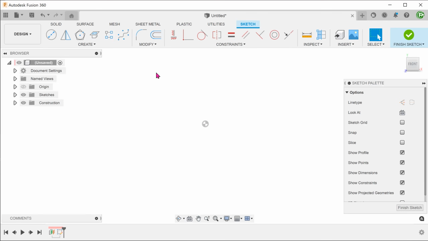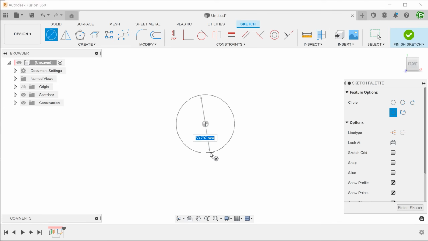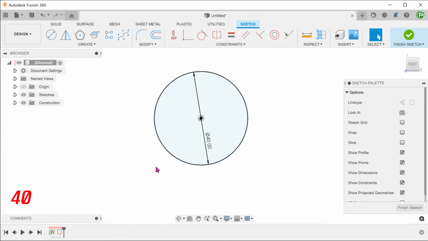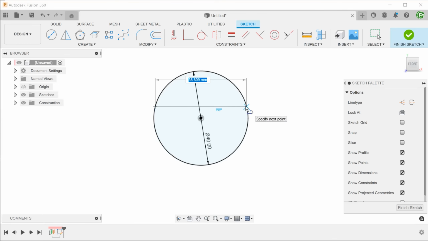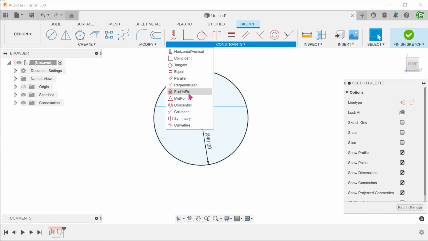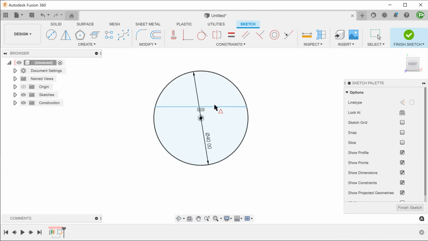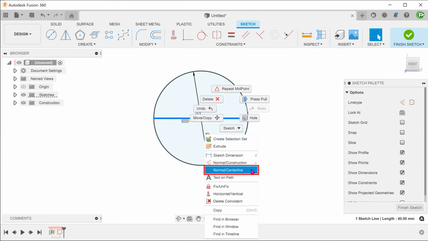Draw a circle centered on the origin. Draw a line that represents the diameter of the circle. Set the midpoint of this line to coincide with the origin. Convert this to a center line.